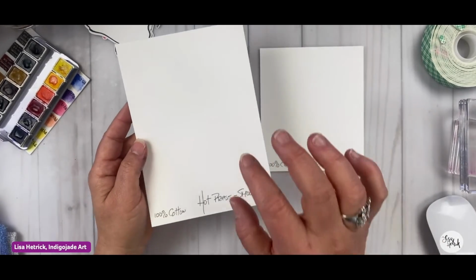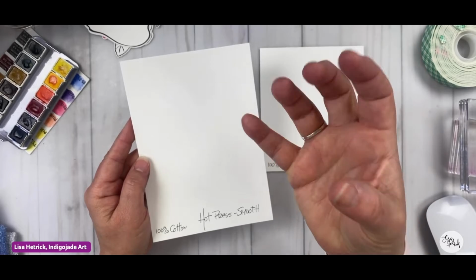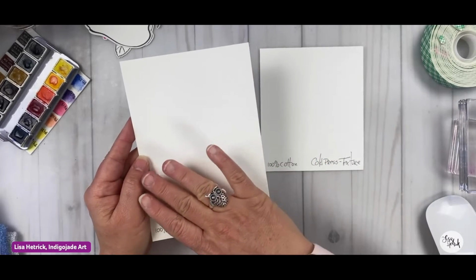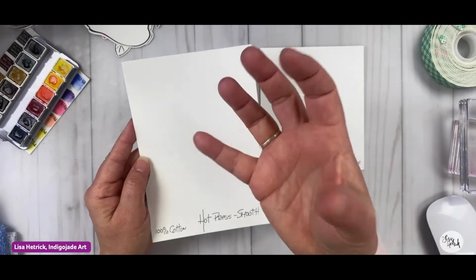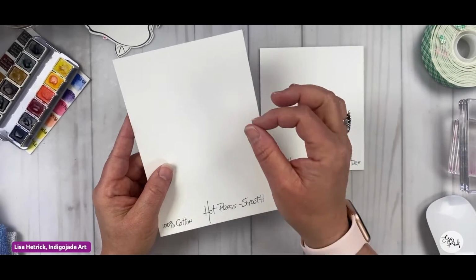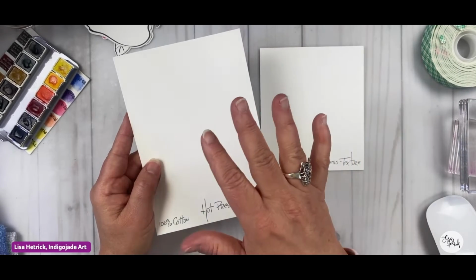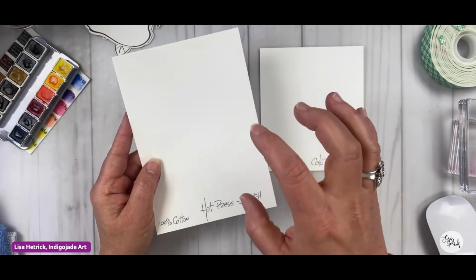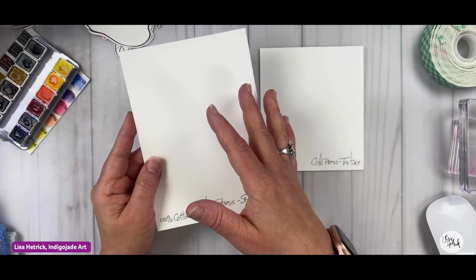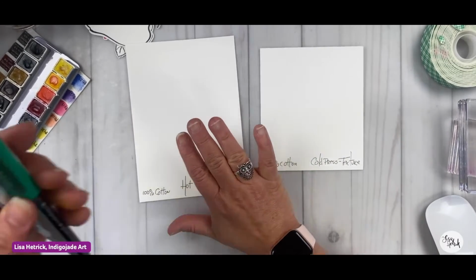Hot press paper is super, super smooth. It can be a thirsty paper because it will take a lot of water and a lot of watercolor, but the watercolor glides across it and doesn't seep too deep into the fibers of the paper. I like it because it makes it super easy for new watercolor artists, or people who are just getting started with watercolor, to experiment and get some results without feeling super stressed out. I also love it for paper crafting projects because it works so well with our water-based